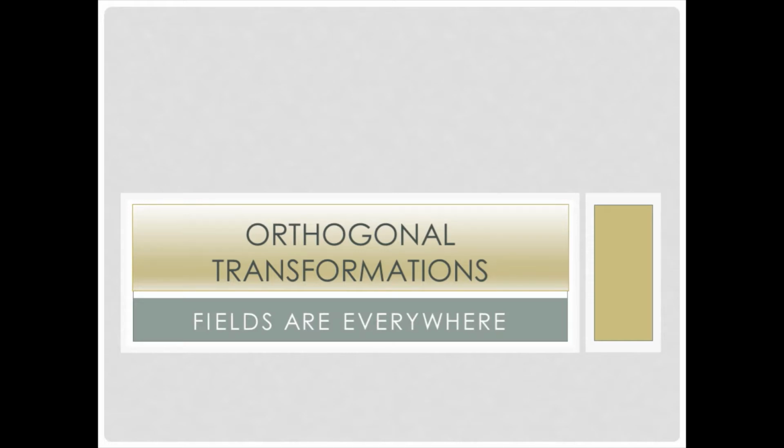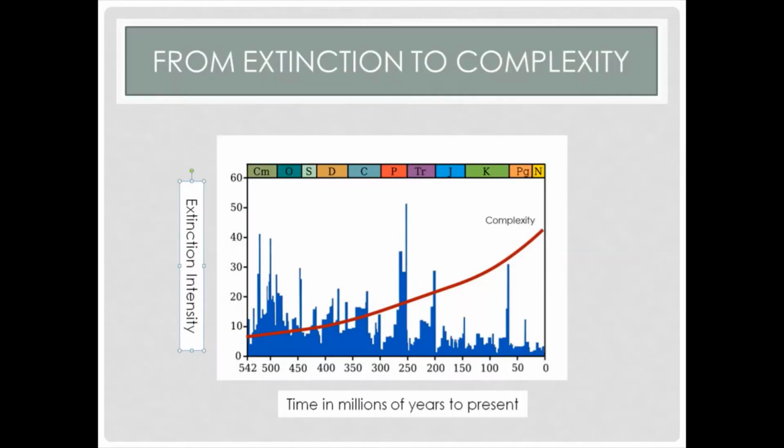Orthogonal transformations. Fields are everywhere. I will list two examples and then I will generalize the idea of the field. In evolution, my first example, extinction events are